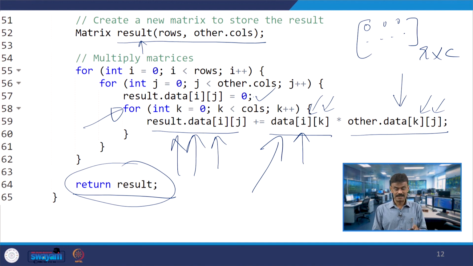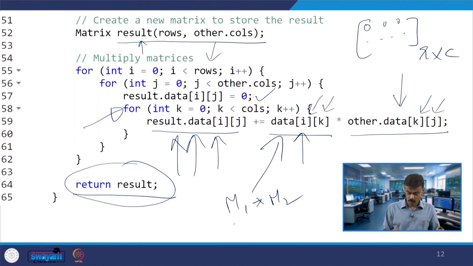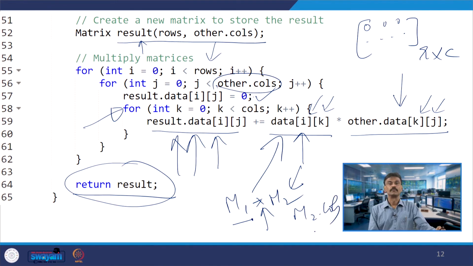When you write rows of M1, because we have M1 star M2, M1 is invoking star and then I am passing M2. So, other dot columns is nothing but M2 dot columns, that is the meaning, right, and the rest of the things are very clear.